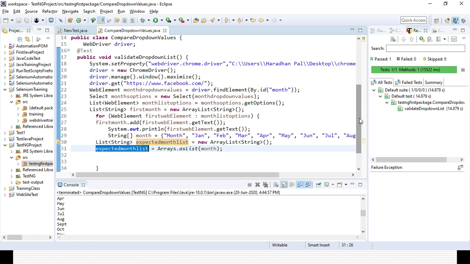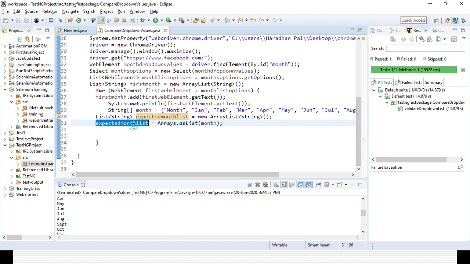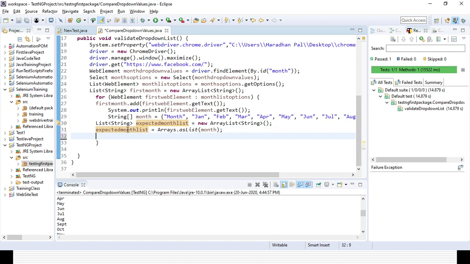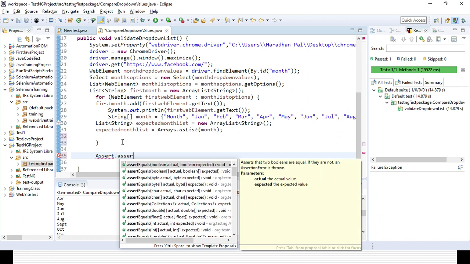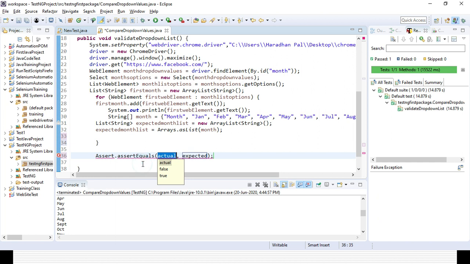As this is TestNG, I need to use some assertions. Here I can use Assert dot assertEquals. I want to validate, right? Actual is whatever is coming, right?